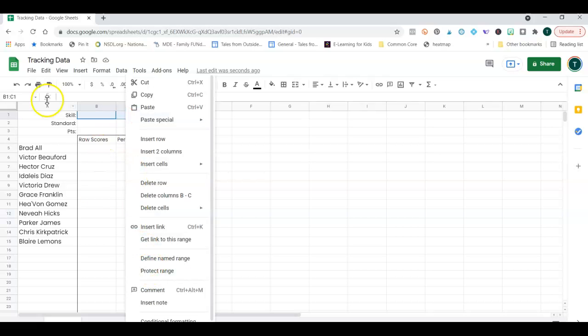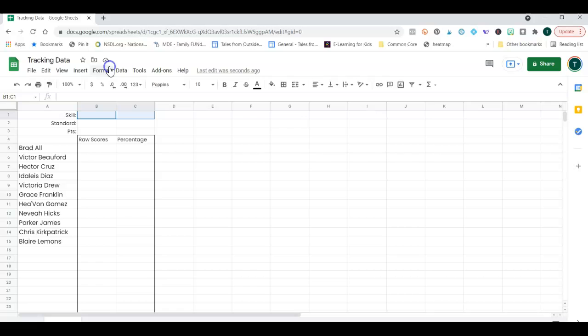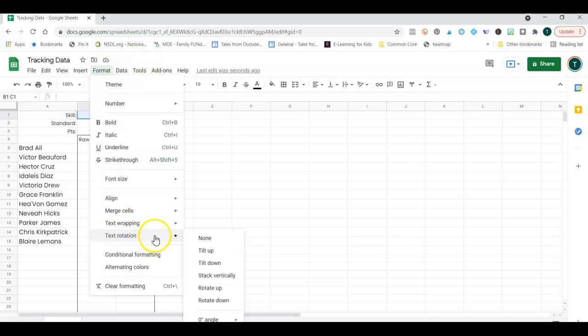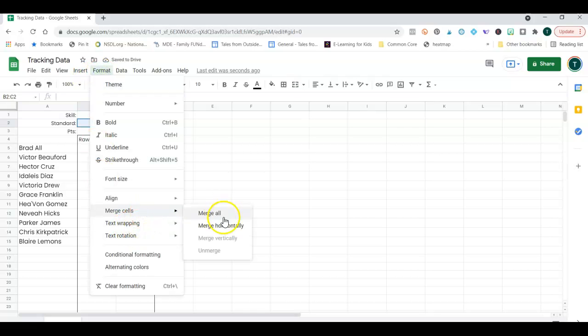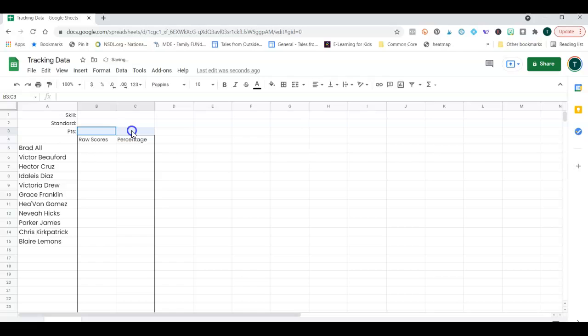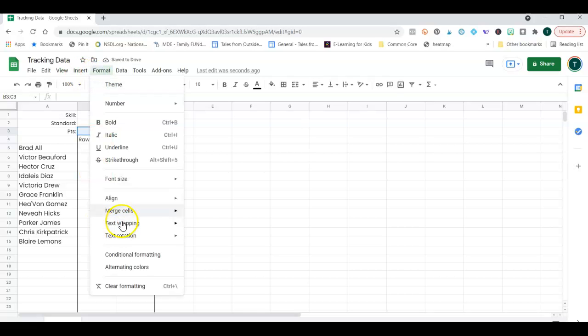So I'm going to merge these cells. I once saw a TikTok that talked about not merging cells, and there was an easier way to do it, and now I can't find it again. I really wish I could find it, but anyway,